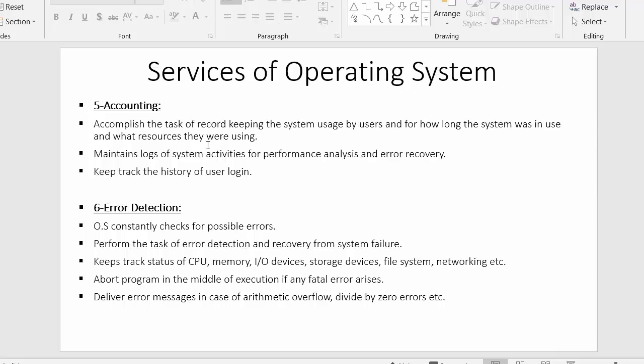That is the responsibility of the operating system which comes under accounting.